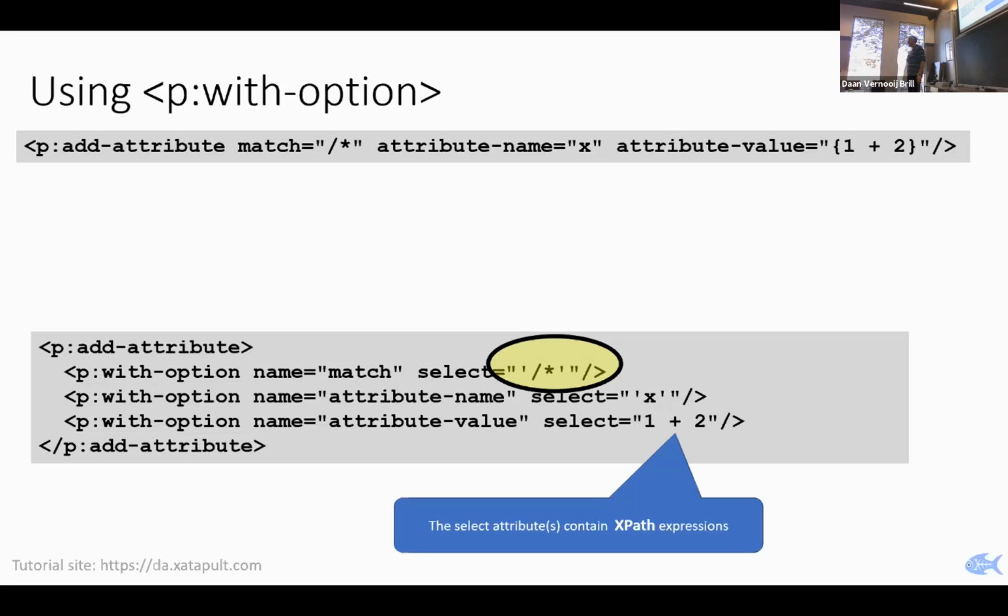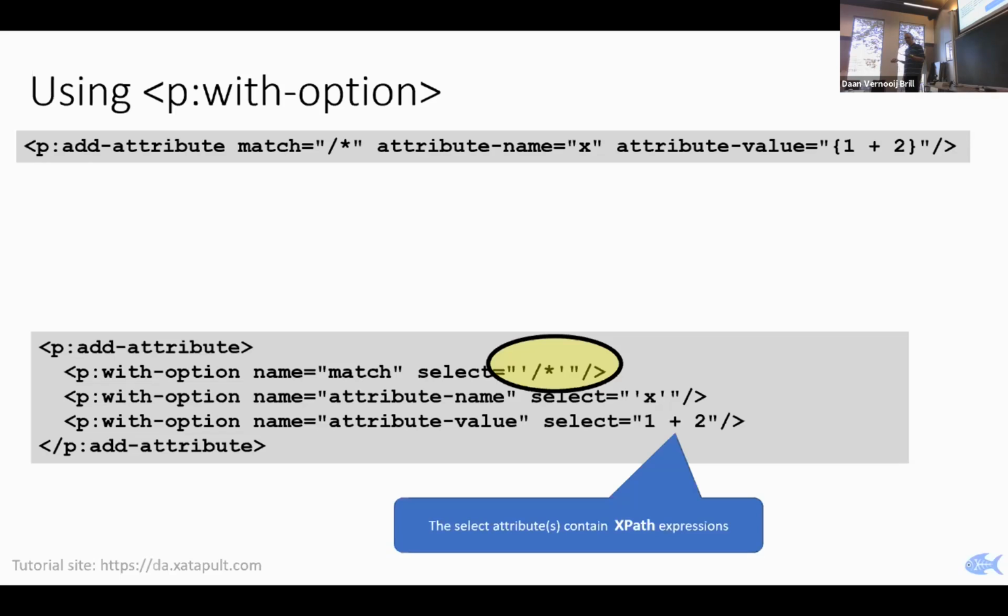Now, can anybody guess why that is? Probably you know it, but this has to do... Yeah, Yuri? Yeah, well, guess, because it would be evaluated at that point already, and then it wouldn't be evaluated at the later point. It's a very good wild guess. What you want here is you want the XPath expression /star to be evaluated by the step